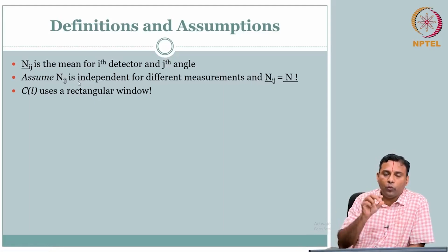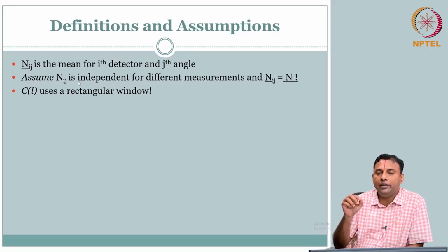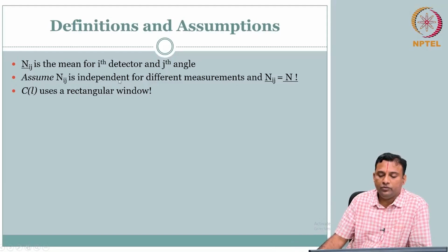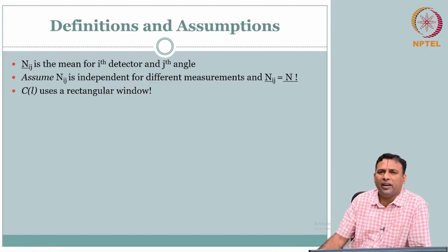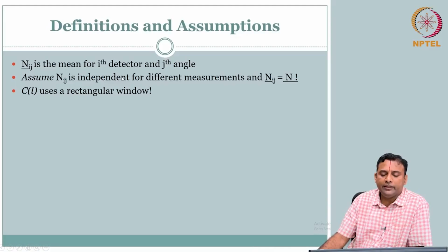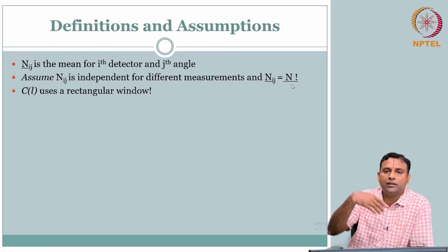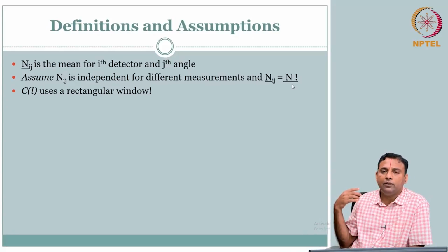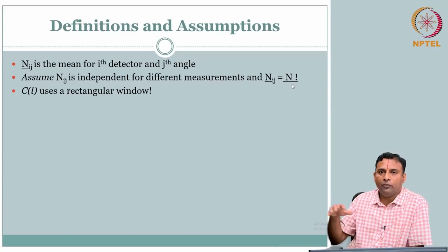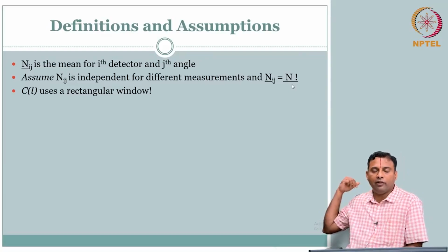What is happening in one detector, one view, need not affect the other one. So we will take this independent assumption, which is not that bad. Assume Nij is independent for different measurements, and then you say Nij equals n bar, that is, the mean is the same. When will the mean be the same? Number of photons that are coming through, when will it be the same? Oh, if I have a homogeneous medium, then I can expect whatever I sent in and whatever I receive in